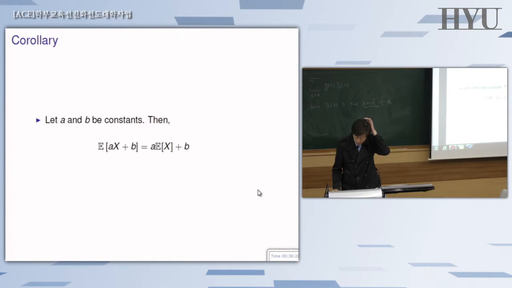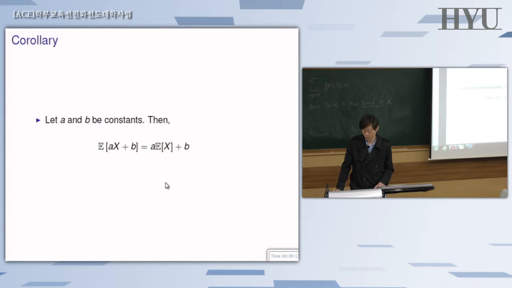Now, corollary. Corollary is some useful results out of some proposition or proof. Theorem, this itself, we don't have to prove it, but the result might be worth to remember. So here's what the corollary says. Assume that a and b are some fixed constants, and nothing but some numbers. But then if you compute the expectations of linear transformation, linear combination of this x, first multiply that one by the first number a, and then add up the second number b, and then take the expectation of the whole thing. Turns out to be the same as first compute the expectation of x, multiply a, and add up the same